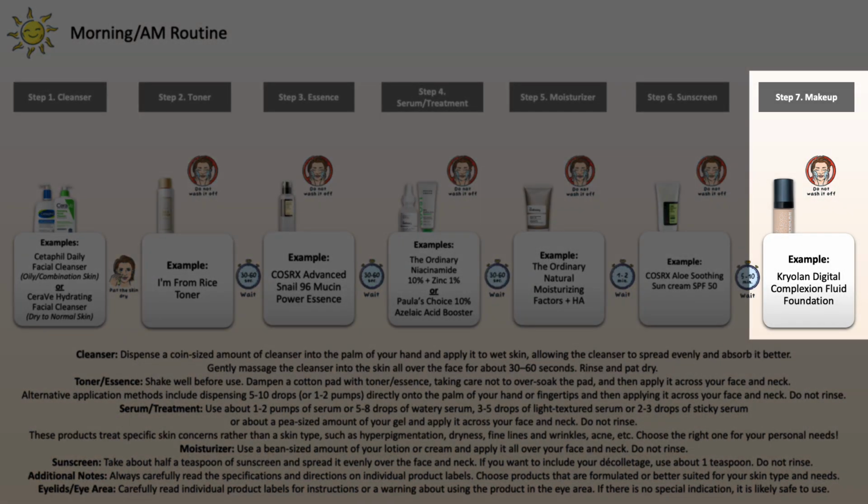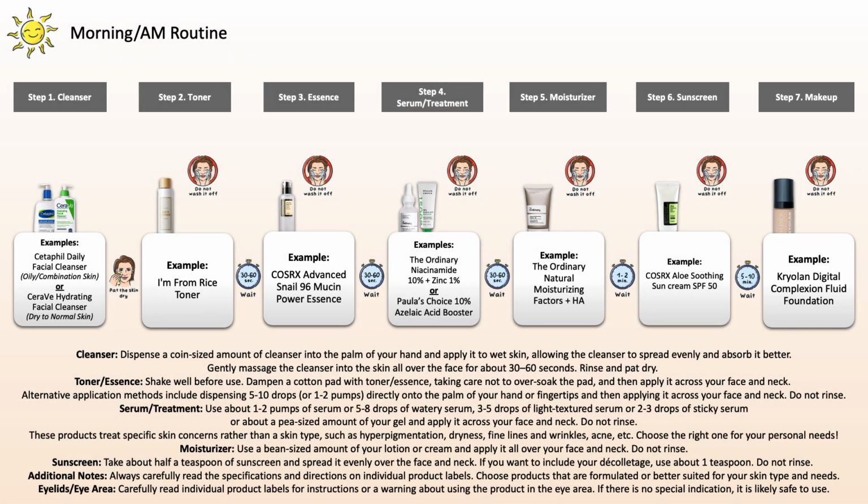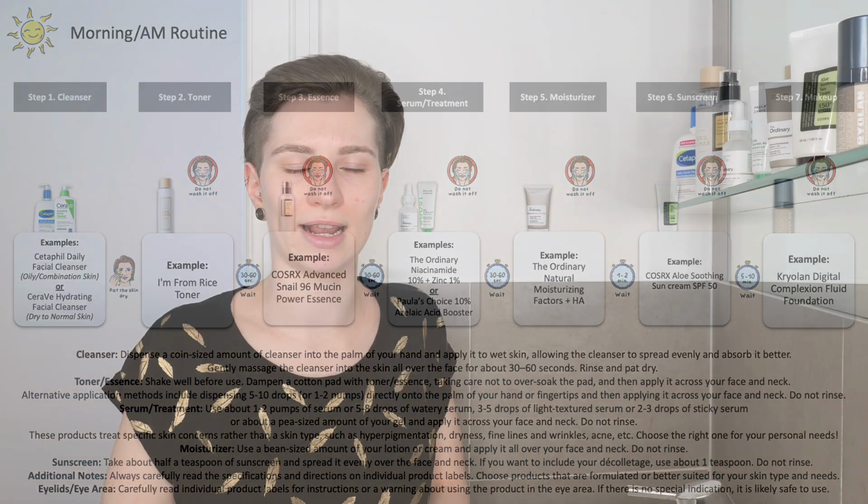And I want to keep my main focus on the foundation part because you're going to apply it all over your face, and this sometimes can lead to issues when using the sunscreen beforehand. And so again, underneath you can find the general guide, what I can recommend, what I've tested so far, so that it feels comfortable on the skin and that you just have enough to evenly blend it all over your face and neck.